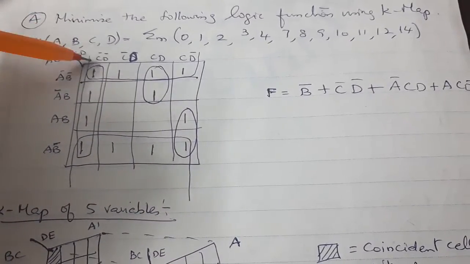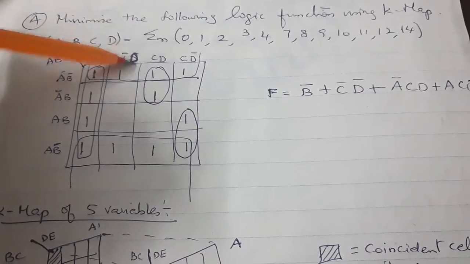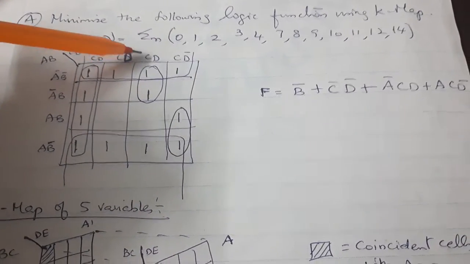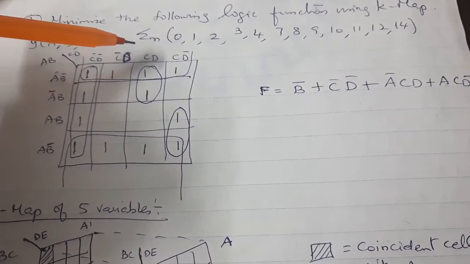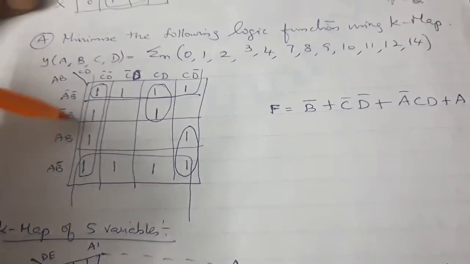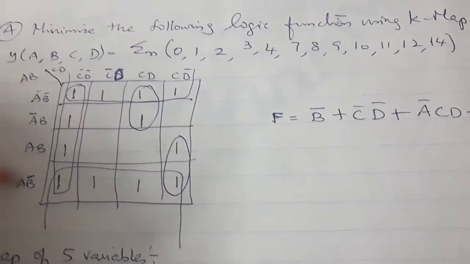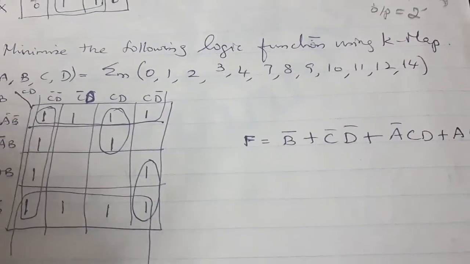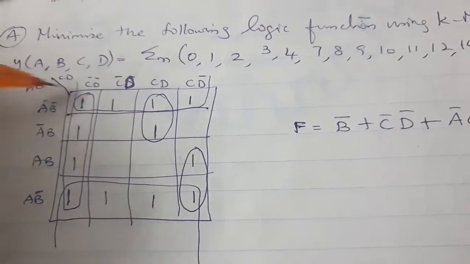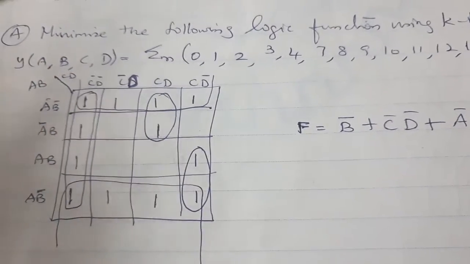So you know how to do it. It is 0 0, 0 1, 1 1, 1 0. One bit to the next bit should have only one bit change at a time. Similarly, 0 0, 0 1, 1 1, 1 0. I marked it in terms of the variables A, B, C, D, that's my input A, B, C, D.